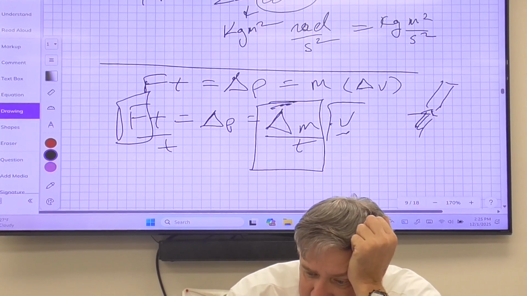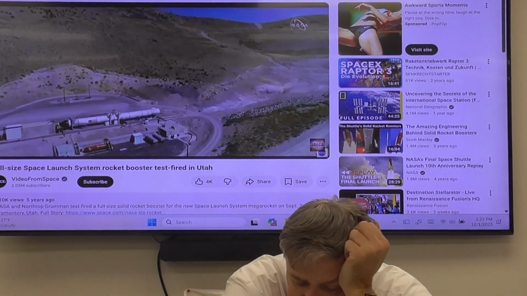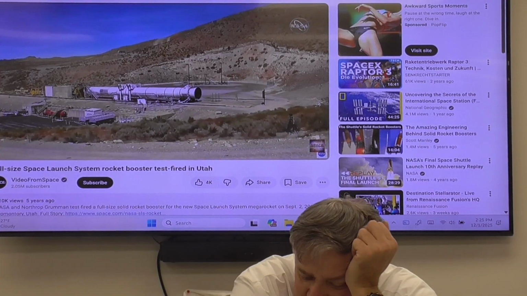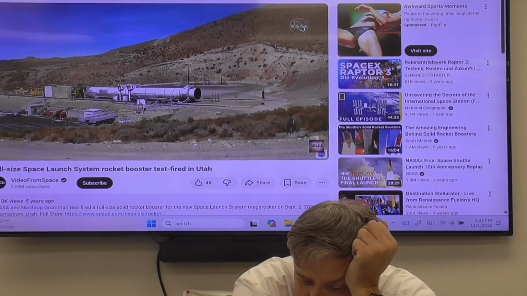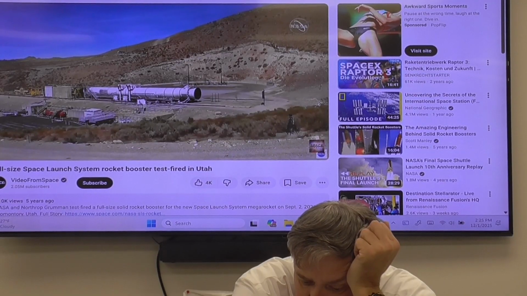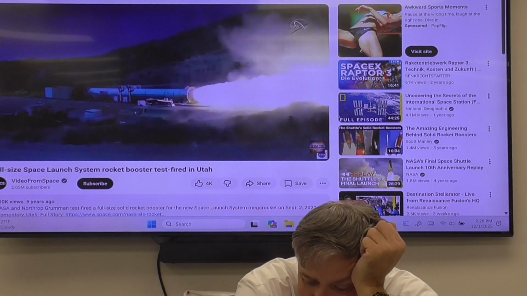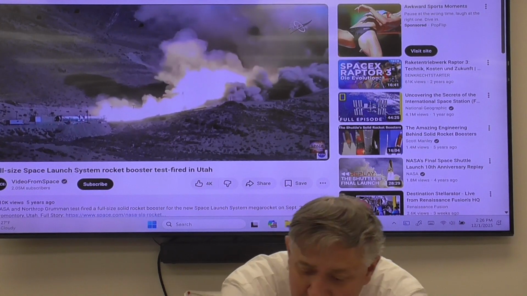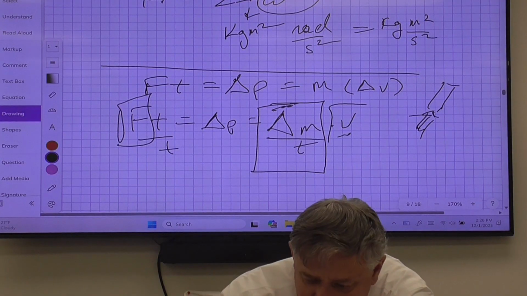So in a cool way to look at this, this is a solid rocket booster that they're getting ready to test. T-minus 20 seconds. 15 seconds. Problem is you can't shut them off when they start. 10, 9, 8, 7, 6, 5, 4, 3, 2, 1, fire. T plus 5 seconds. That's a lot of fuel being consumed, okay? T plus 10 seconds. What's happening is that if you were to calculate the force,